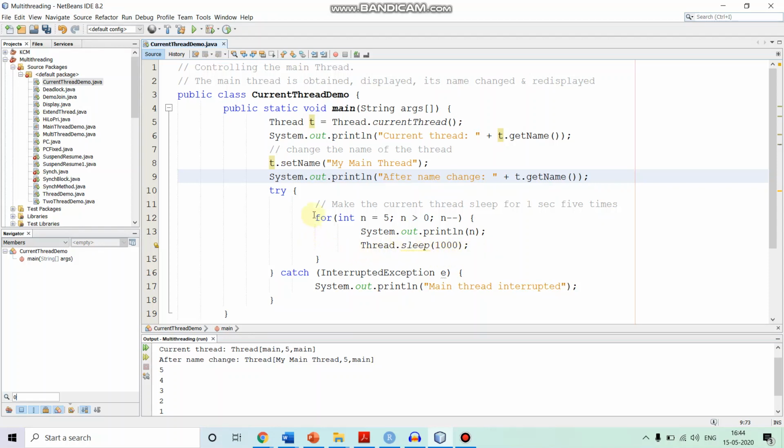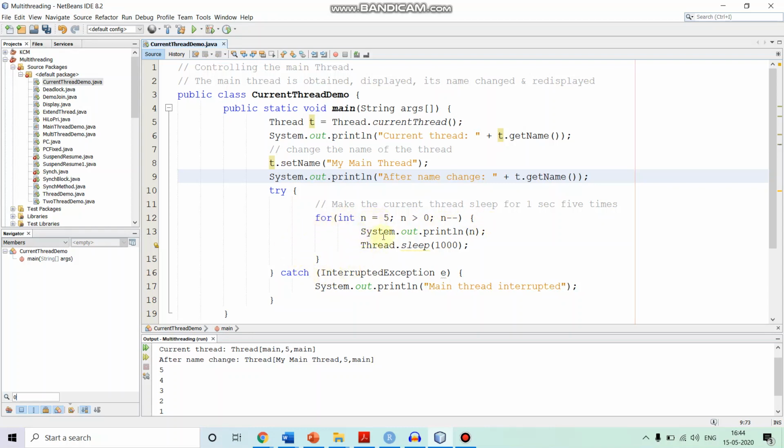So we are writing a for loop over here. In this loop, we initialize n equal to 5 and we iterate through this loop till n is greater than 0. Every time we are decrementing the value of n. So the loop will be executed 5 times.